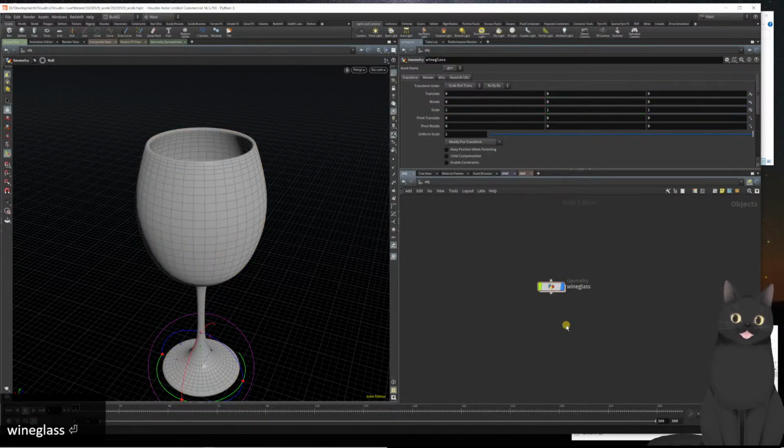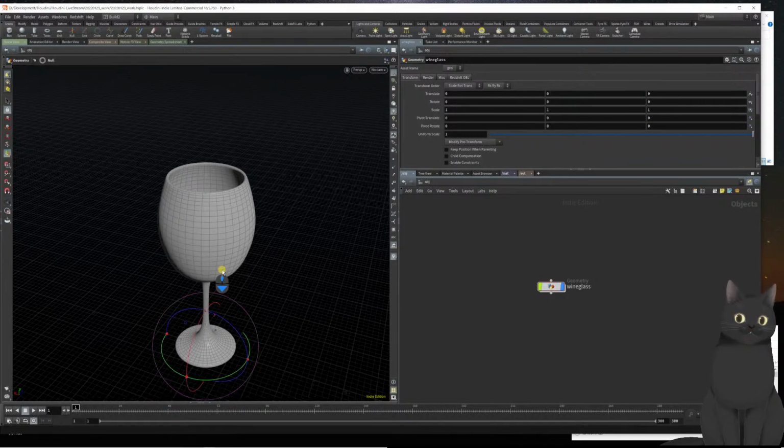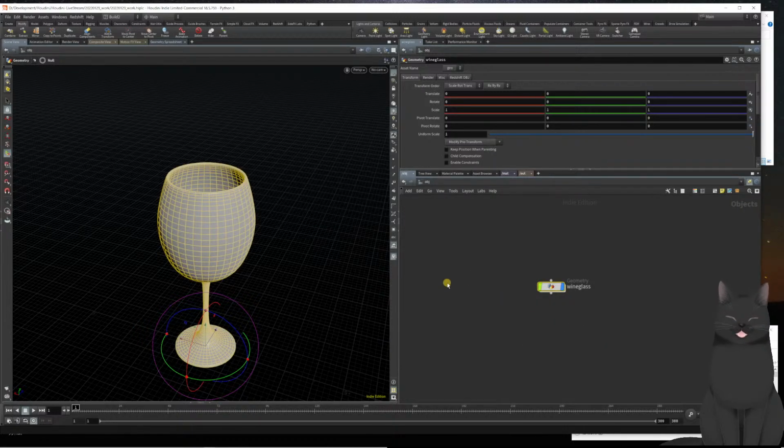Now what we want to do is we want to take that model and use it to create the wine inside. So we're going to use this modify extract tool to create a second version